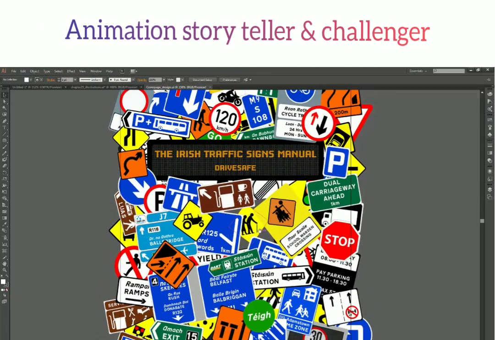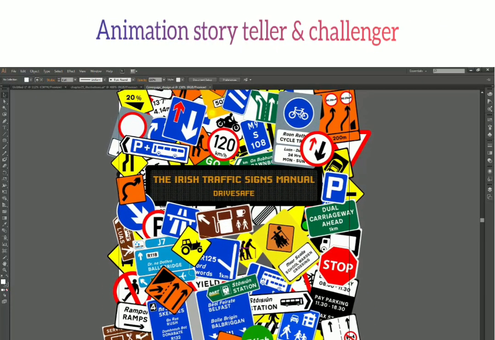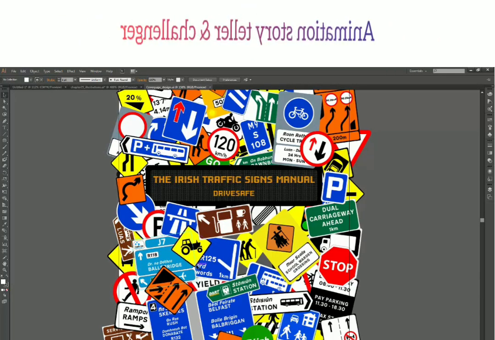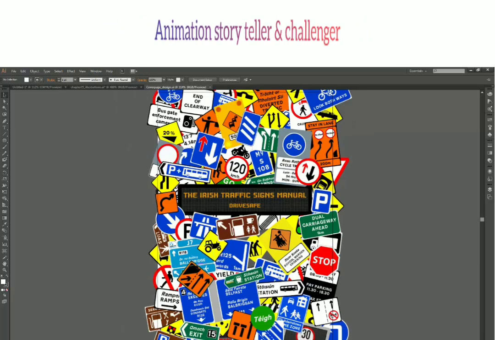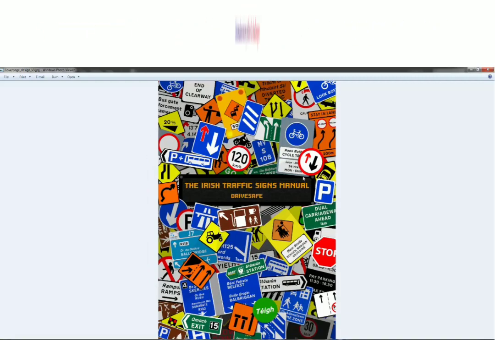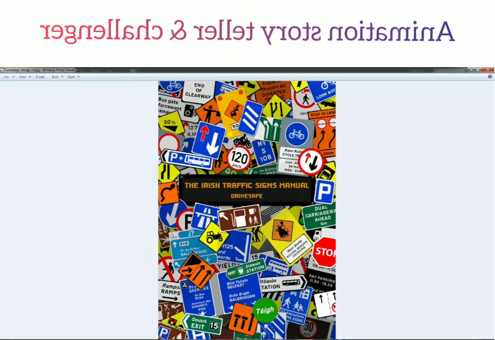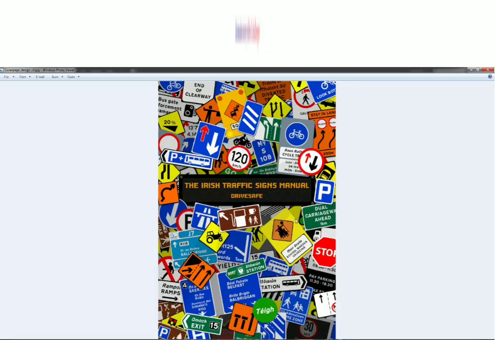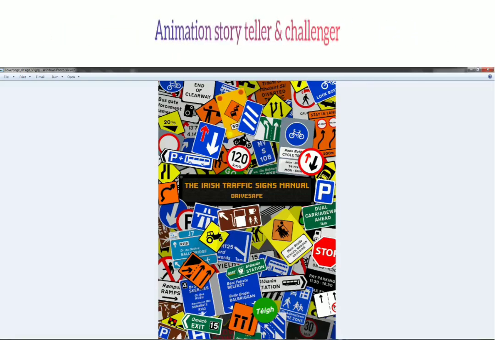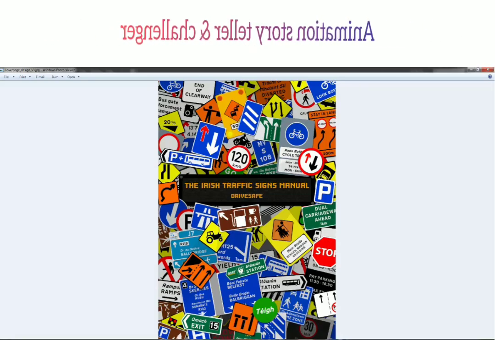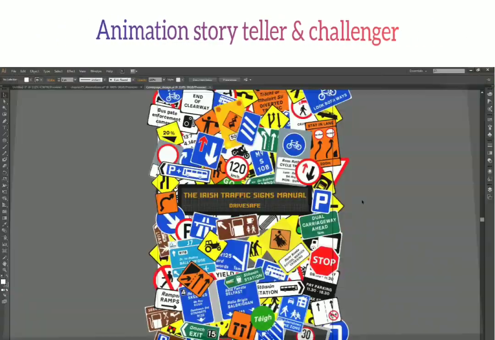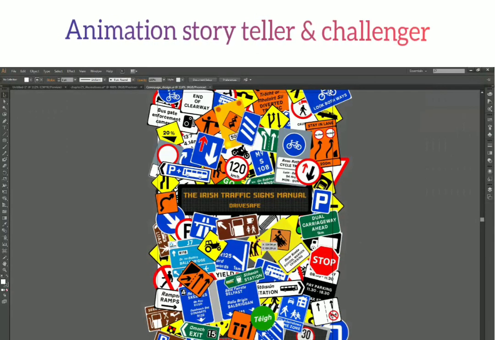So how can we use layers in such a project, and how I have implemented them, we'll go through this. I'm just going to press Control 0, and the final outcome for this one was something like this. After that, I trimmed the edges and added some drop shadows in Photoshop, and dimmed down the signs which are beneath, and the top ones are extra bright. So I did a few things before finishing up the design, and this was actually the raw design, the raw idea, and then after this I worked on this.